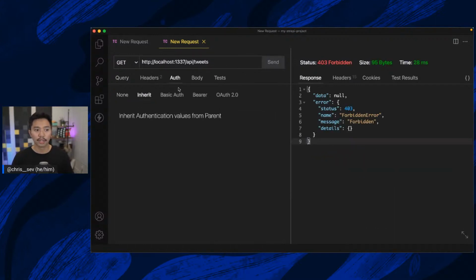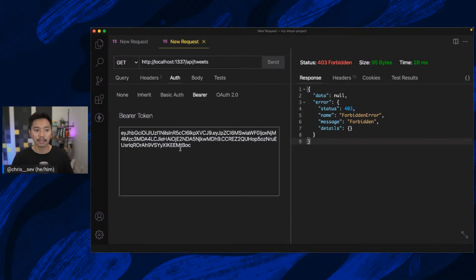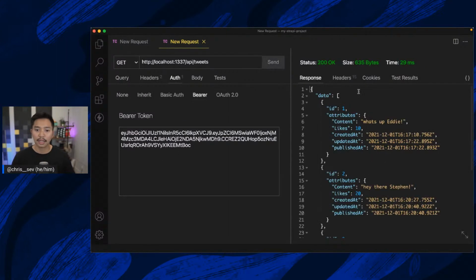Forbidden, let's go to authorization, bearer token, paste in that bearer token, send, and now we get the data. So authentication out of the box is really easy to do. We just get that nice JWT token and it handles it for us. Let's go do a post,